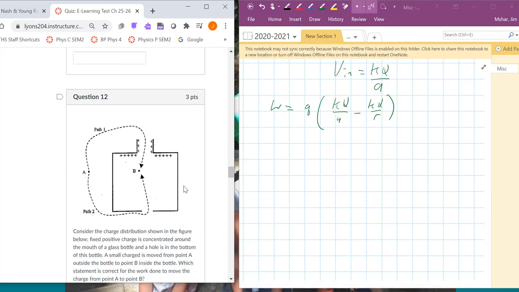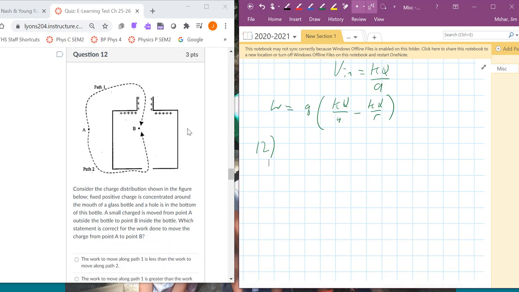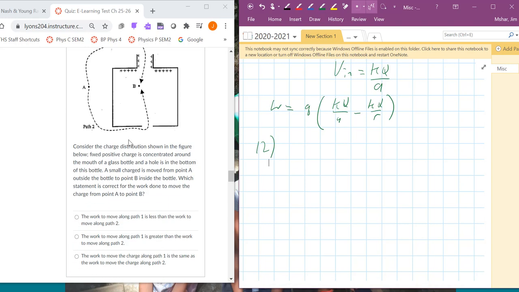Then we have number 12. Oh my. Okay, so about half of you got this one right. So I'm glad half of you got it right. It doesn't matter which path you take to go from A to B. It would be like saying the following. Let's say I had